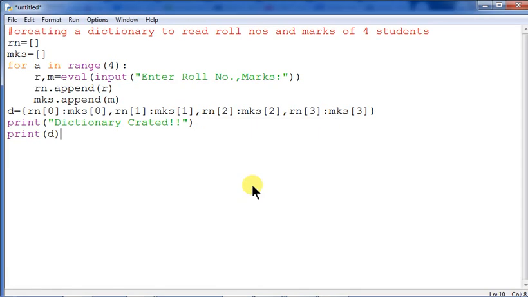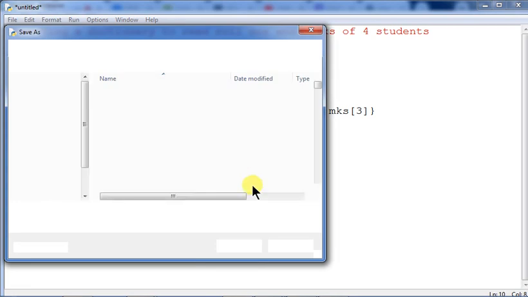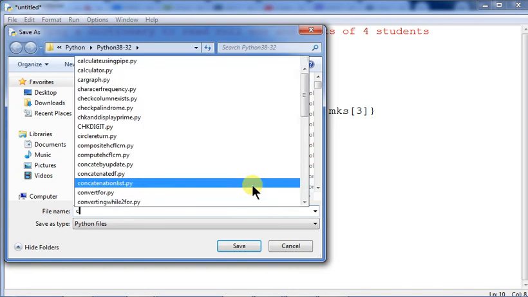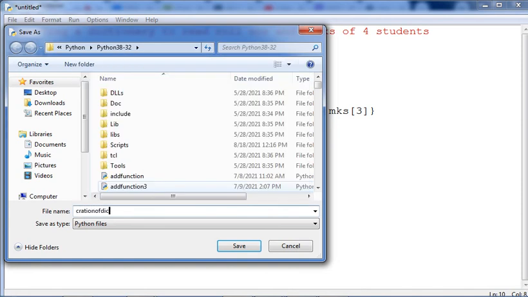But one thing that you must know is that keys of a dictionary must be of immutable types. It is immutable types, again and again I am saying, such as a Python string, a number, a tuple. Otherwise a type error will come, because if you are putting anything out of that, that is the thing. Creation of dictionary, I am giving the name, and then I am saving this one over here.